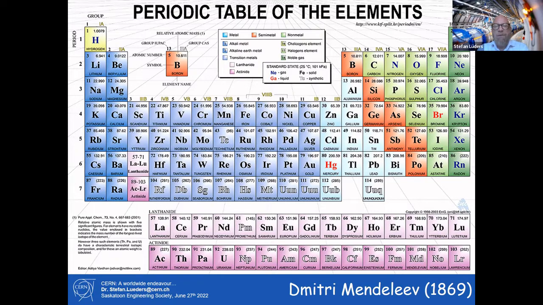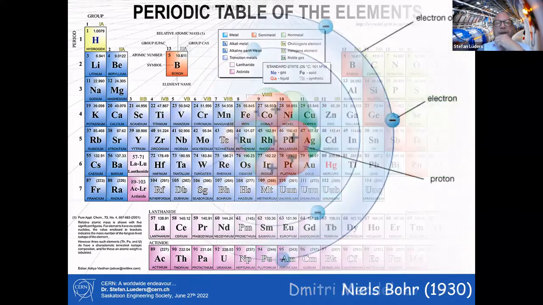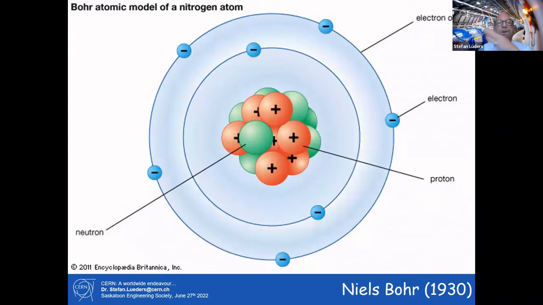If you look at this, over time it evolved, and it became quite messy. If you look at how many different particles we have, how many different atoms we got, starting with hydrogen, up to lead, and even uranium, this is not beautiful, this is not simple. And Mother Nature usually tries to make things simple and beautiful. So after a little thinking about this periodic table of elements, Niels Bohr in 1930 came up with the idea: look here, I don't need to have all the atoms. If I just take electrons, protons and neutrons, only three particles, I can make them all up.